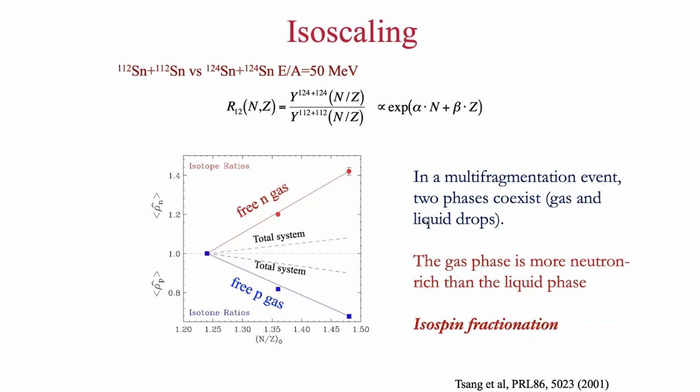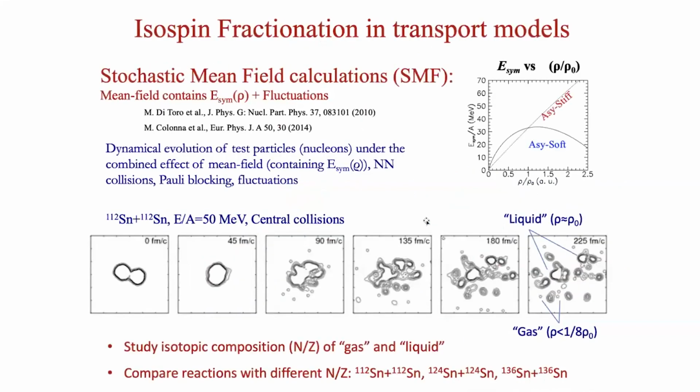So it's like we are observing an enrichment of the gas phase with respect to the liquid phase due to the fact that we have reached this phase coexistence. And this has been known as isospin fractionation, as an effect of the symmetry energy on the liquid-gas phase transitions. And people working on transport models have been trying to connect this phenomenon to the density dependence of the